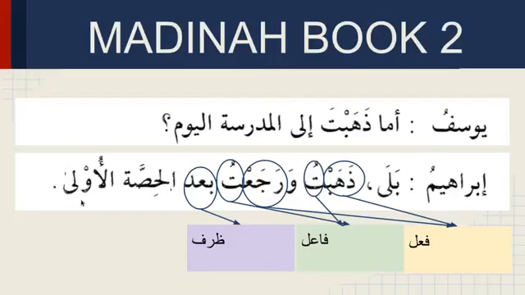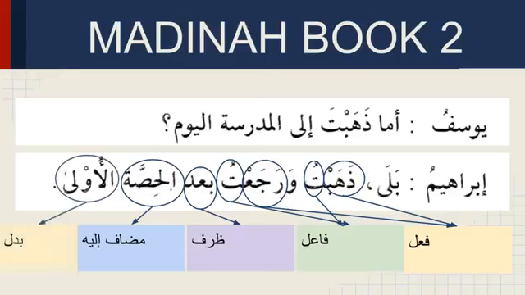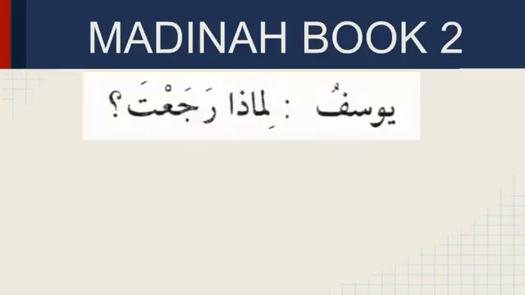So we don't see any sign of kasra because al-hissati is mudaf ilayhi, it is majroor. However, because ula is ending with alif maksura, it doesn't have regular vowel signs. So we're going to learn later. So here it says Zahabtu wa raja'tu ba'dal hissatil ula. So I went and I returned after the first period. See, we have to put the mudaf ilayhi first and then the na'at. That's wrong. So Yusuf,